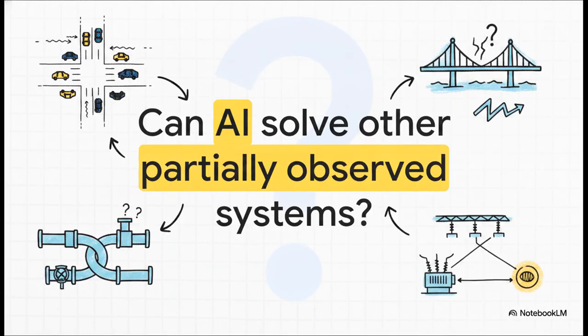To wrap this up, I really want to leave you with a broader thought to chew on. We've just seen how beautifully QNet synthesizes rigid physics with adaptable AI to solve partial observability in traffic networks. But let's zoom out. Partial observability and complex nonlinear noise are absolutely not unique to traffic. Think about water distribution networks, structural health monitoring, or power grid state estimation. How else could you deploy an interpretable hybrid Kalman net architecture to tame the noisy, partially observed physical systems in your own specific research domain? It's a remarkably powerful paradigm shift, and honestly, it's one that is absolutely worth exploring.